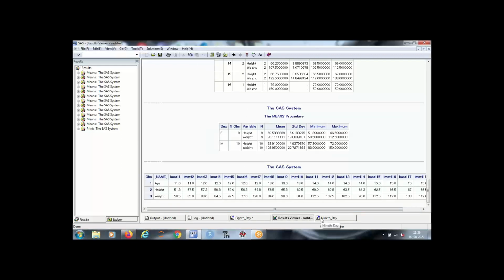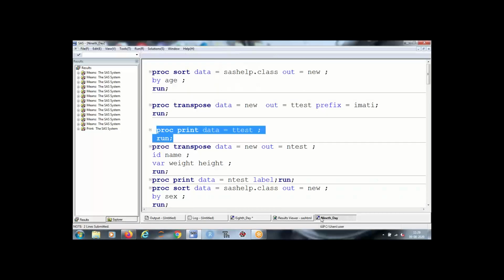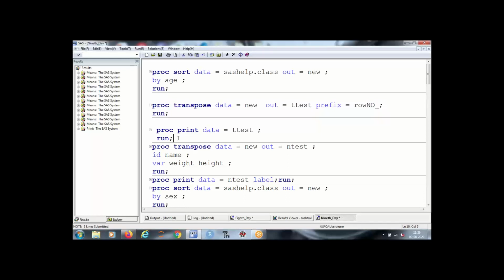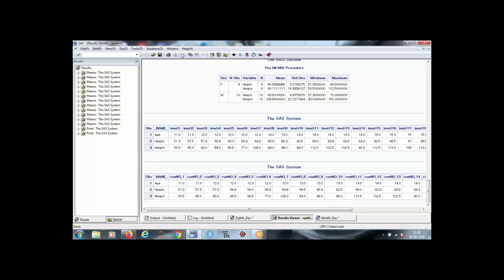Like a transpose of a matrix. So this is proc transpose.